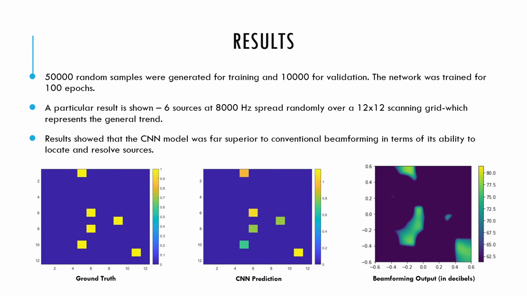Results for a particular case, 6 sources at 8000 Hz spread randomly over a 12 by 12 scanning grid are shown here. The CNN managed to locate all the 6 sources perfectly. Multiple such models were developed to study the performance over a range of frequencies. The predictions were far more accurate and of much better resolution compared to the beamforming output, and even more so